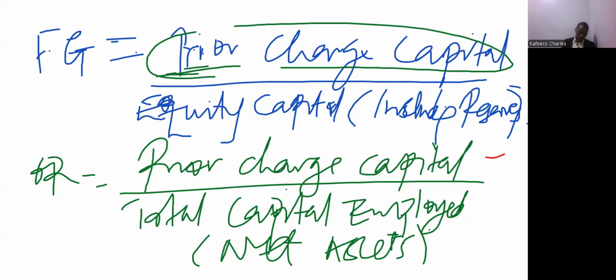So one of the things that we talked about, we looked at the deferred taxes and deferred incomes. So if, let's say, you have not been paying taxes for 3 years, then it's going to be a liability. You have accumulated some money because you are supposed to pay, but you have not been paying. So you are going to have a long-term liability that is going to be provided in your balance sheet